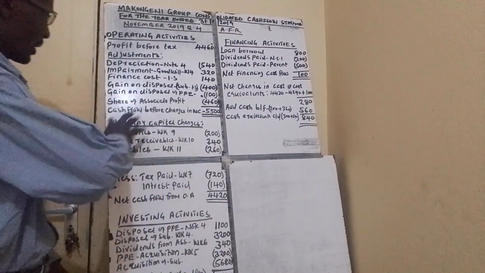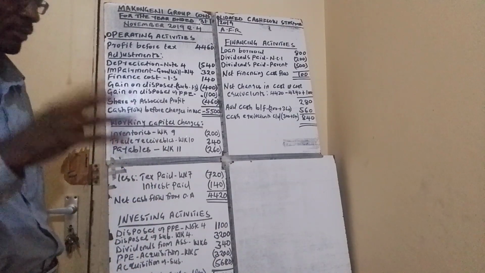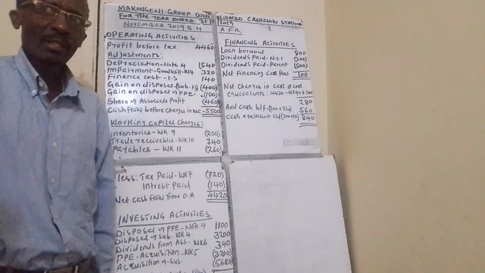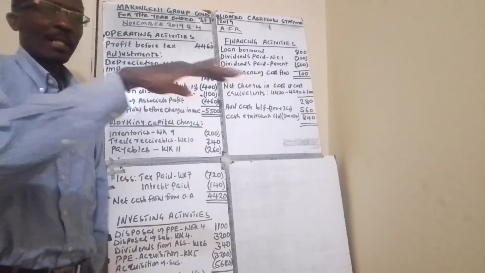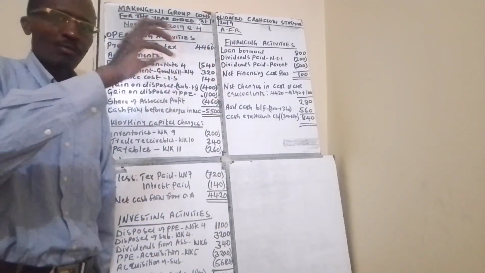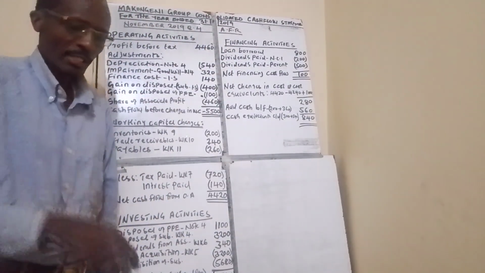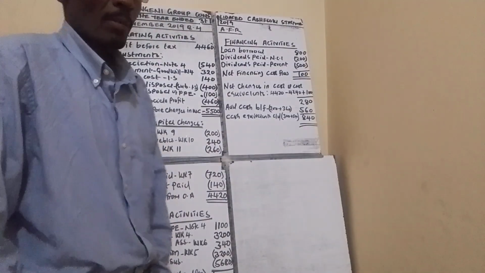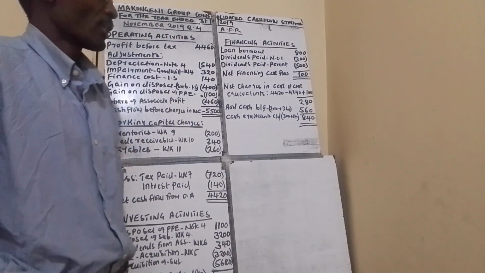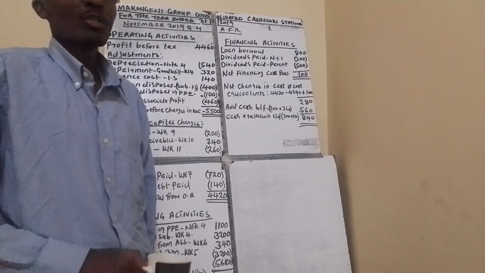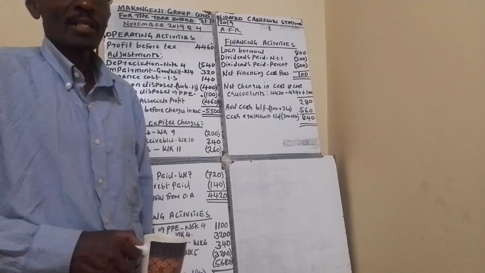As I have told you somewhere here, you'll be dealing with different assets. So you should be having the balance brought forward from last year and the balance carried down, the closing balance for that particular year. That is quite important. So that is the purpose of being presented with the statement of financial position with two balances, for last year